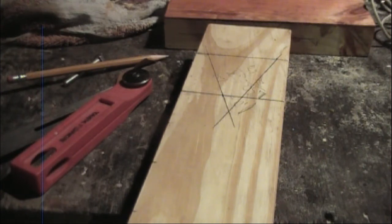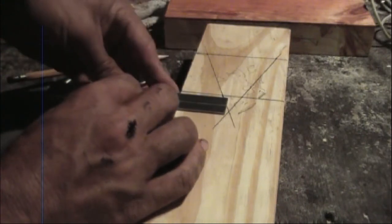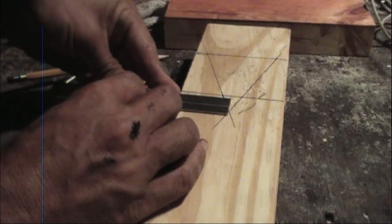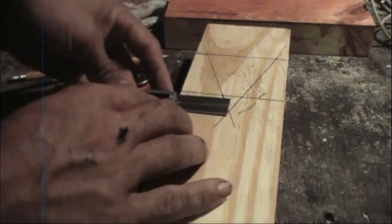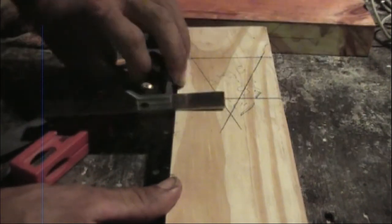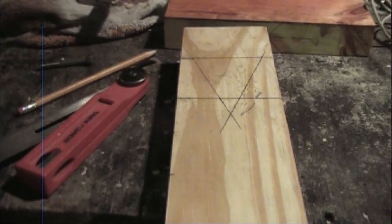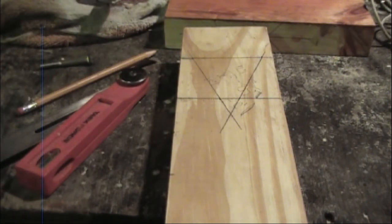Alright, and so now I've got the slide square set back up, and we'll check this one more time. There you go. And boom. There you go. It's hard for you to see it with the shadow, but hopefully that shows you how to do it. And that's an easy way to